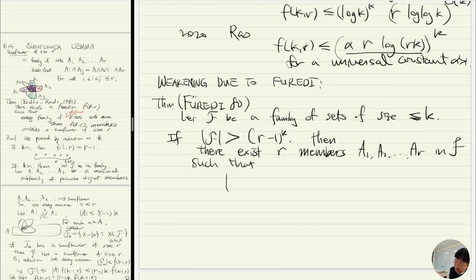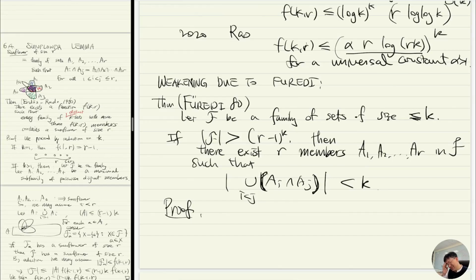The union of the intersections has size less than k. So that's the theorem due to Frankl. And if the sunflower conjecture is true, then this is trivially true. I mean,